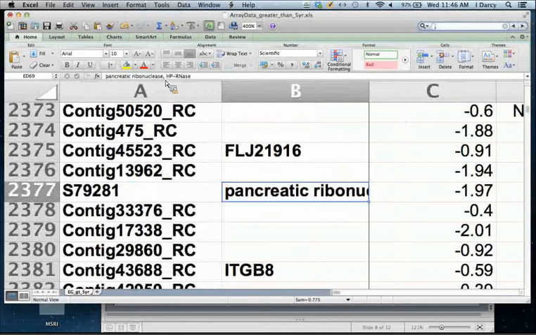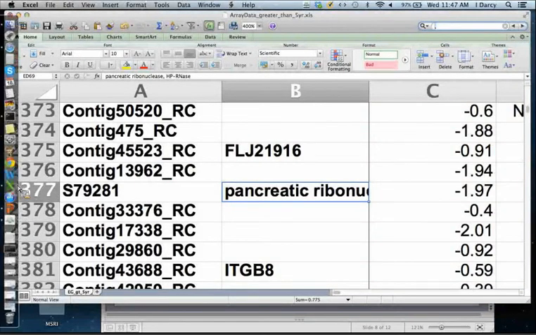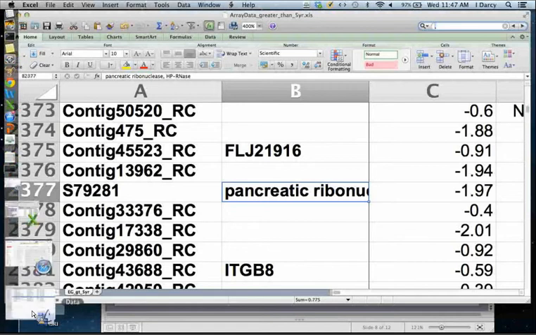pancreatic ribonuclease, comma, HP-RNase. So I could have just done a query replace and replaced all my commas with, say, periods. That would have worked. But instead, I went ahead and I deleted this column here as well. So it's going to be thinking about it for a while, but it will delete this. And so that leaves me with